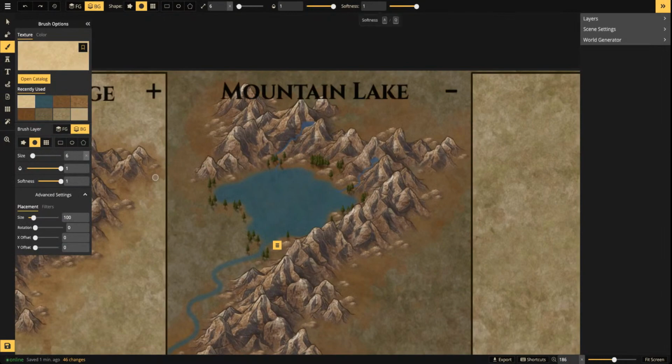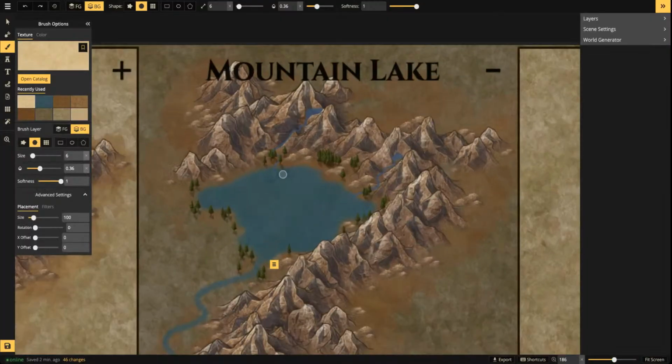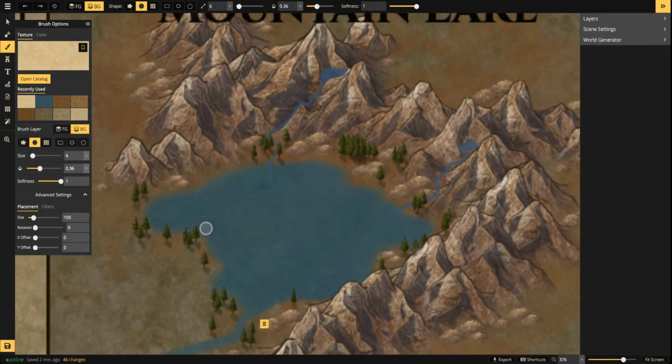And I'm going to leave the softness up and drop the opacity down. Let's go ahead and do another swipe. Okay. All right, let's do one swipe first. You're going to do this all around the edge of the lake. And it's okay if you go a little bit into, oopsie, make sure you don't hit that river though. Oh, don't recommend that. And you don't have to go all the way around, just some spots, because not the whole thing would be shoreline. Some of it might be a cliff. So we'll add some here like this. Okay, so now you have some